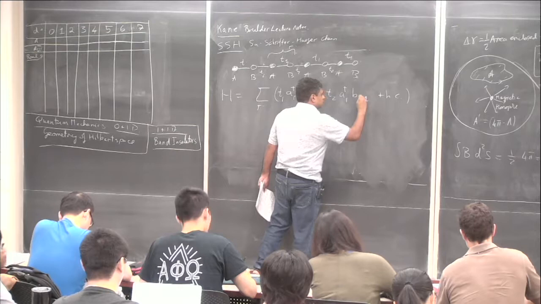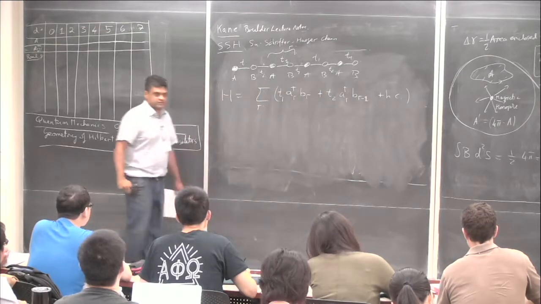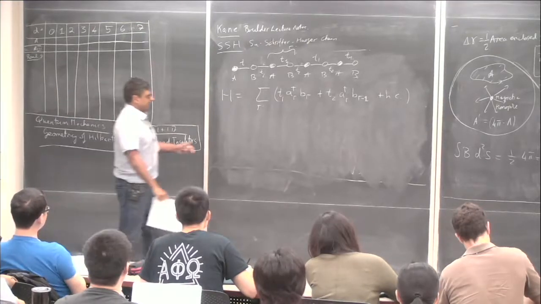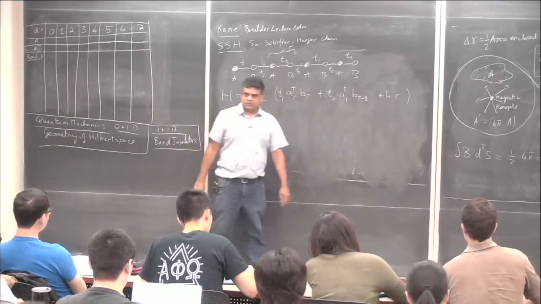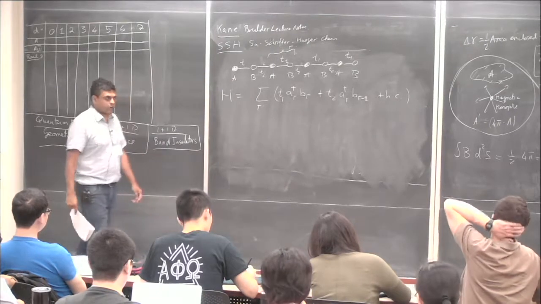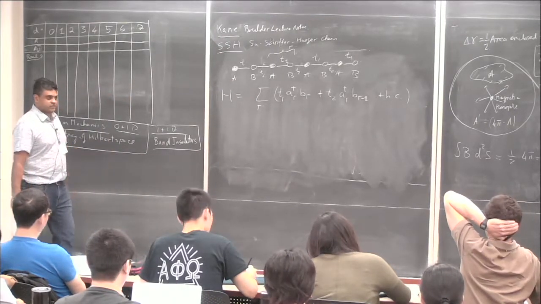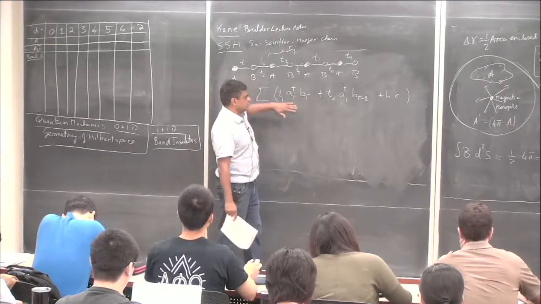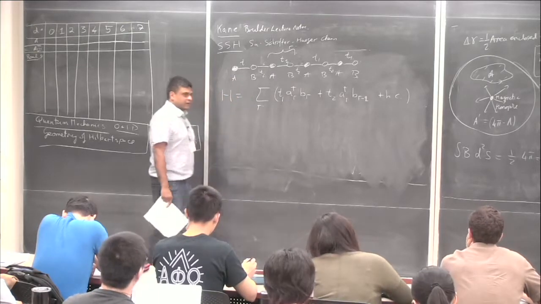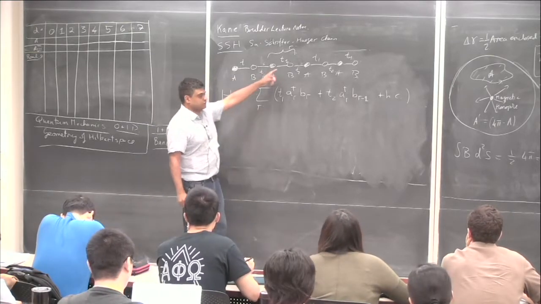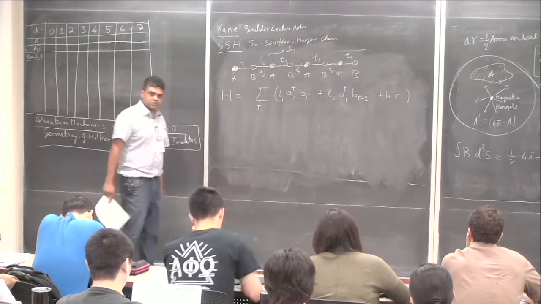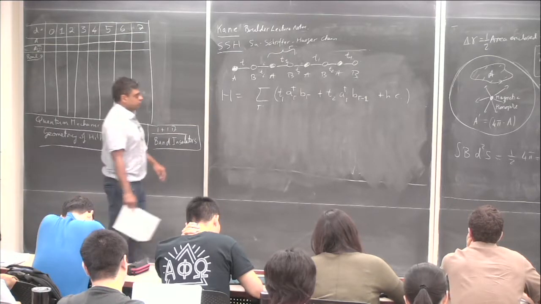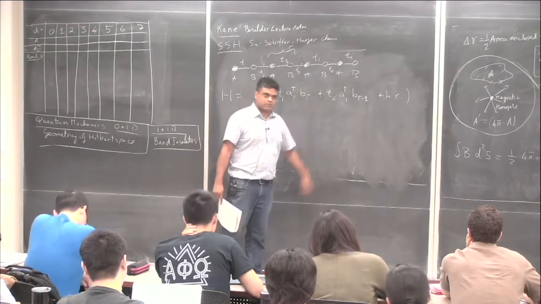And we'll see that there are two different phases in this model. They're protected by symmetry, but depending on the parameters we choose, T1 and T2, you can be in one or the other phase. And to go from one to the other, there'll have to be a phase transition. We'll see that phase transition is the closing of an energy gap. For general values of T1 and T2, when you have one electron per unit cell, so one electron for every two of these sites, you'll have a band insulator. So there's an energy gap, but when you vary the parameters, that gap will have to close at some point and then reopen.